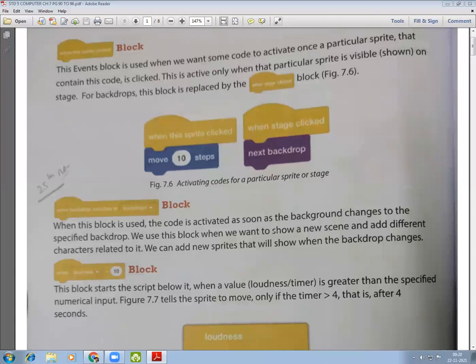Students, in our previous class, we finished till the when sprite clicked block. Today, we are going to start from page number 90, the when backdrop switches to backdrop 1 or backdrop 2